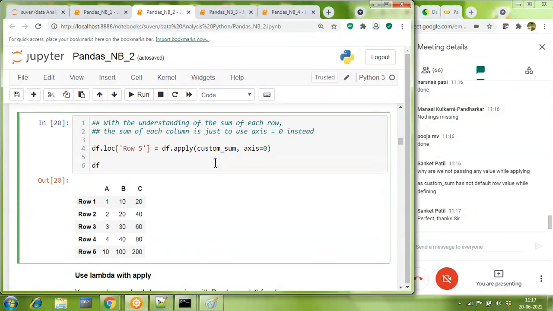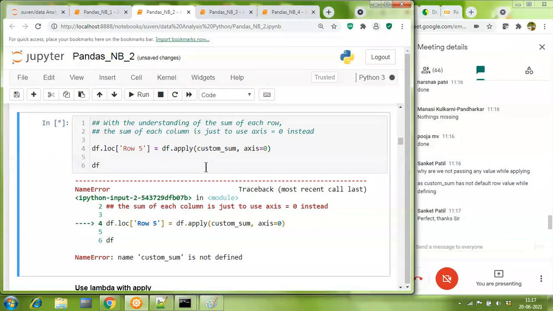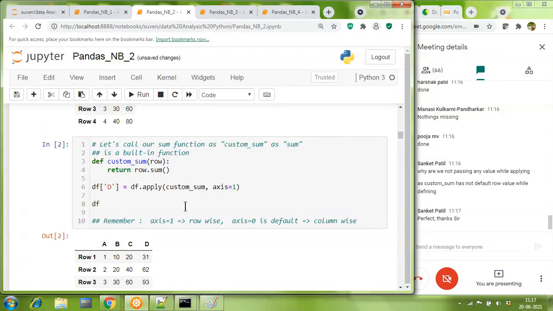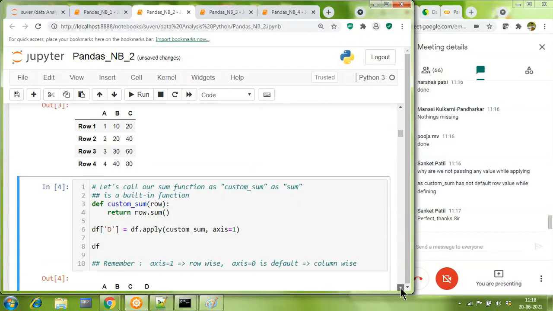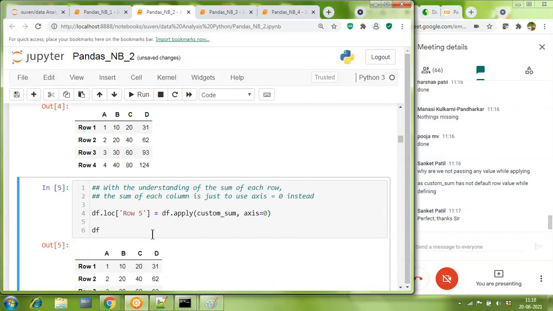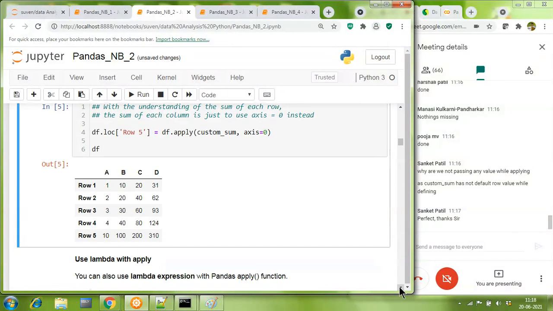Great. So now, as I can see, people have almost all finished, and many people have said that they are done with this piece of coding. I want all of you to try it yourself: if I keep axis equal to 0, then I'm getting my answer. Let me run my cells once. I didn't run actually. Right, so if I'm keeping axis equal to 0, I'm getting this row 5 with some values.